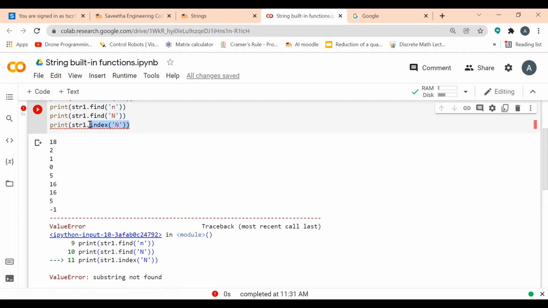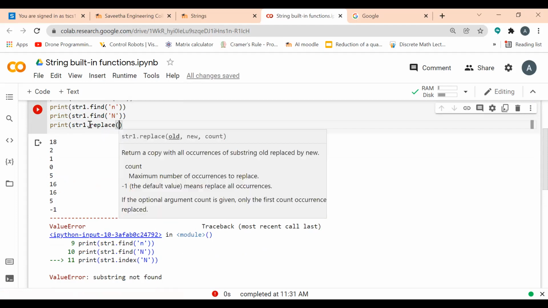Next, we'll see replace. Replace is a function which is going to replace a particular character with another character.